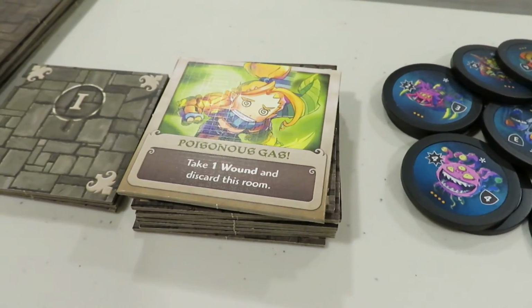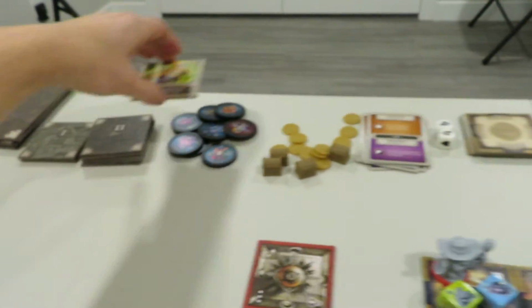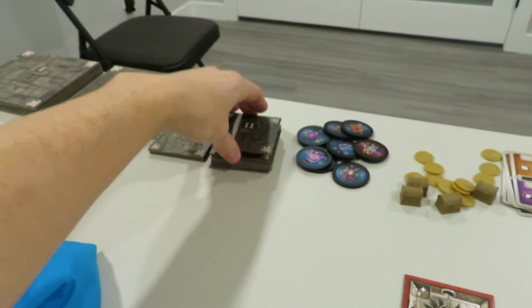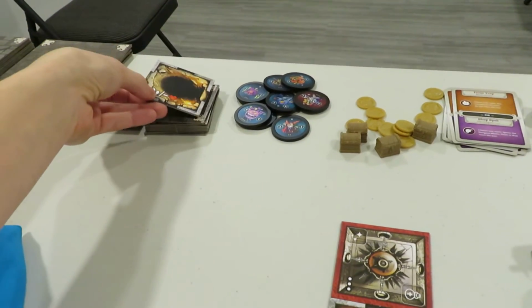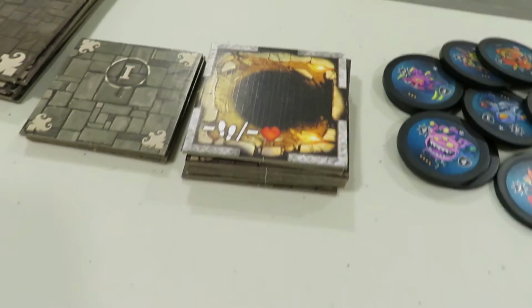So Luke's actually going to take a wound, and this card's going to go away. And as you can see, Luke's health is going down quite quickly. So we're going to go ahead and take that tile. We're going to throw it away. We're going to go over here and reveal the next one, and it is a gigantic pit. It's like the last thing he needs to see right now, because